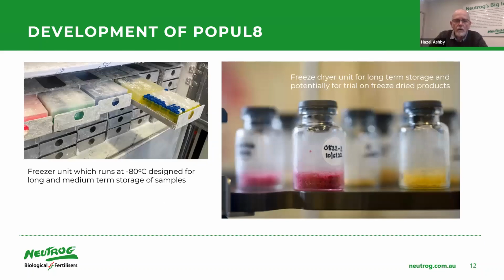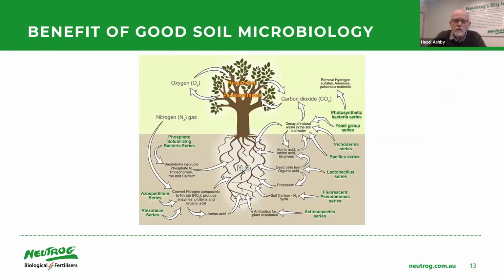Once we've isolated those microbes, we then store the individual beneficial microbes in little trays, again at our -80, or on the other side, you see we can also freeze dry these microbes. The advantage of freeze drying is we can store them in an ambient environment, so you don't have to store them at -80. And the other thing is they will last in a freeze-dried state for up to 50 years. Within a -80, you probably can expect to get about 20 years of storage out of it. So the idea is to have effectively a seed bank, which we can go back to and in effect, take those beneficial microbes out and regrow them. So that's the picture I showed you before.